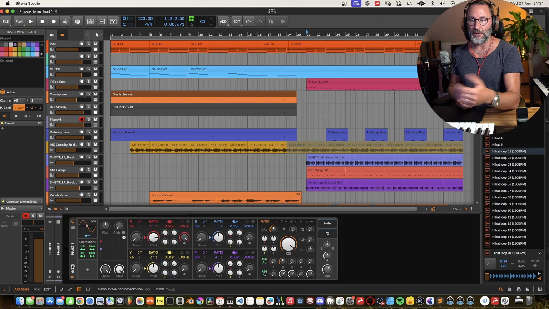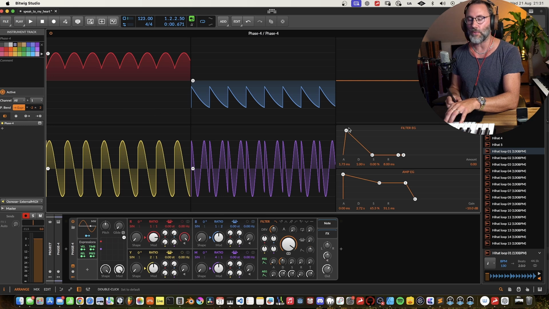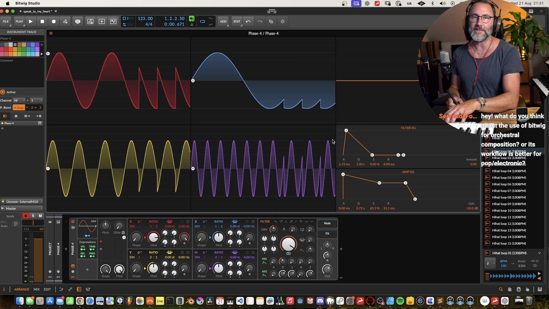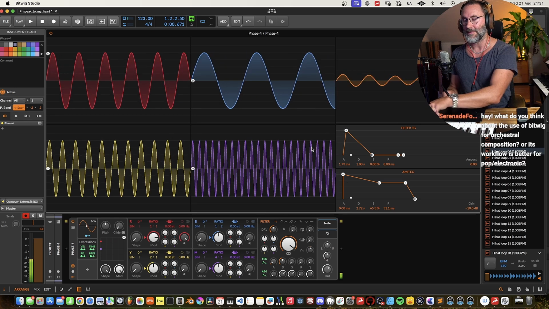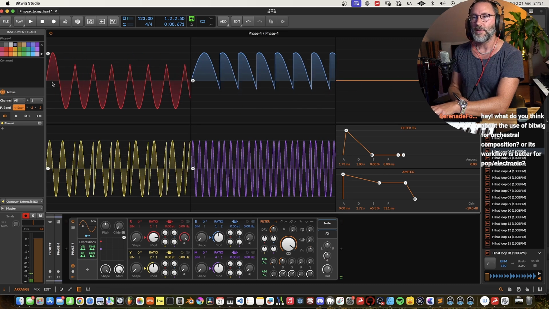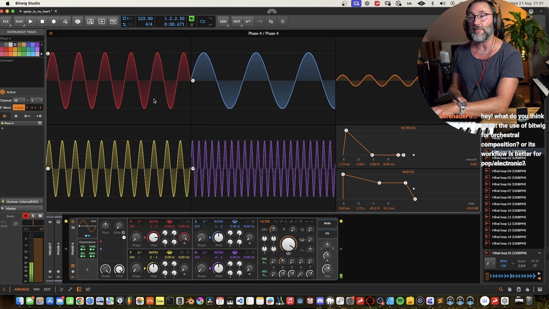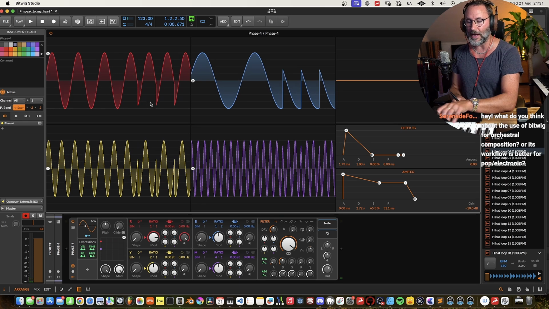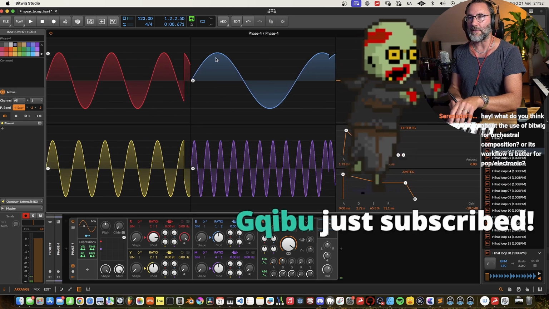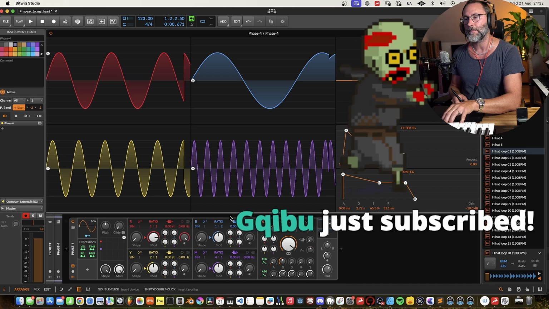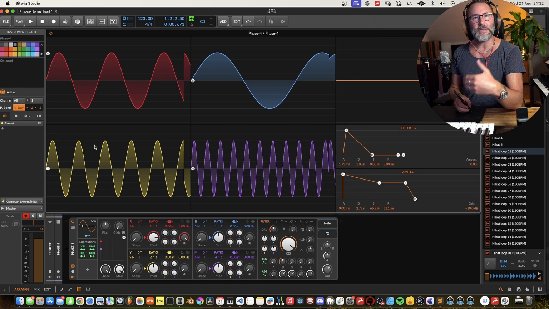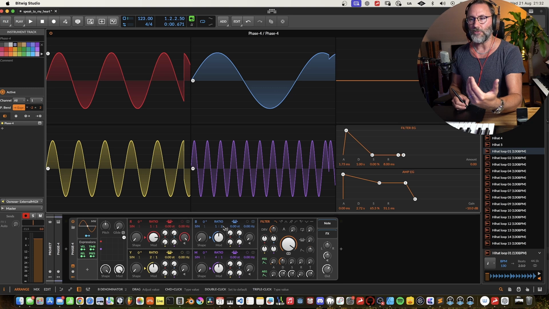And you should also expand this device view so you can see all the different waveforms in the Phase 4 synth when we press a key. So if we play a C3, we get to see the oscillation of the waveforms. These are basically the sound waves. And we can see that the blue one is going a little bit slower. That means that it's lower in pitch. And you can firstly control the different ratios on each of these oscillators to control basically the pitch of the oscillator.